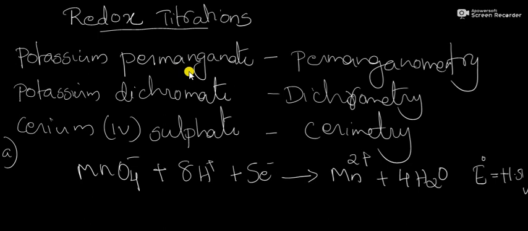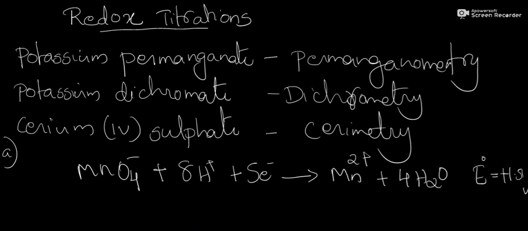there is no indicator used, because potassium permanganate imparts a pale pink color to the solution. So, the appearance of permanent pale pink color immediately after the equivalence point gives the end point of the titration. That is, potassium permanganate acts as a self-indicating reagent. So, there is no need for adding an indicator. Potassium permanganate itself acts